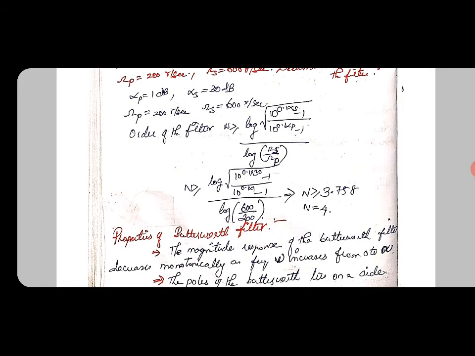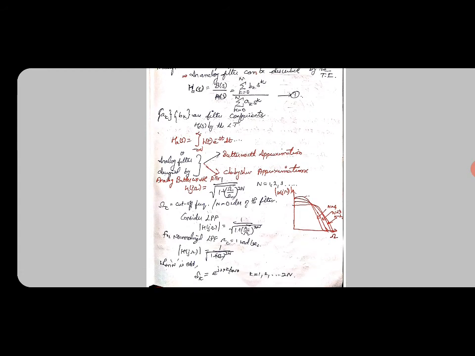In this video we saw what an analog filter is and the different methods of designing analog filters, which are the Butterworth approximation and the Chebyshev approximation. We saw what an analog Butterworth filter is, how its magnitude response looks, and how to determine the order n of the filter, the different orders n and the denominator H(s) values, and the properties of the Butterworth filter.